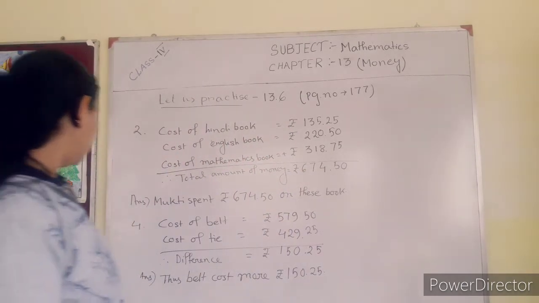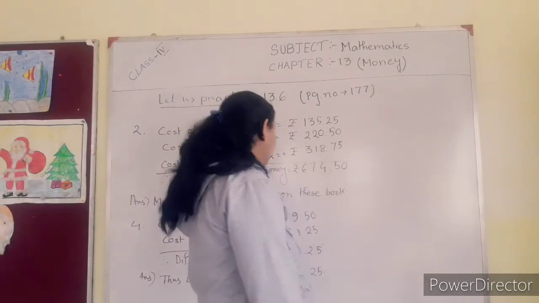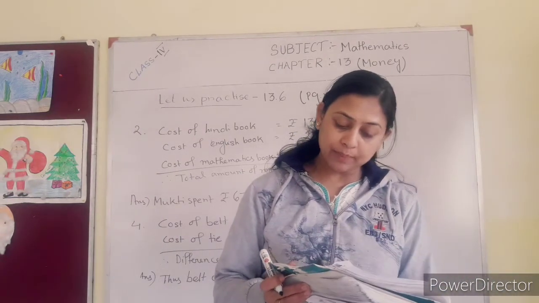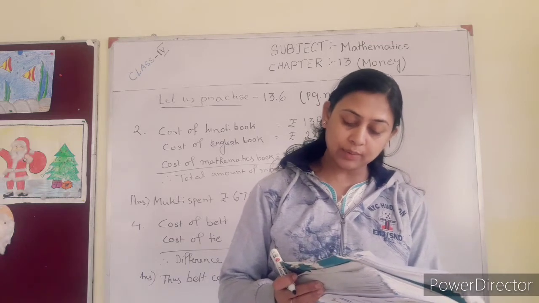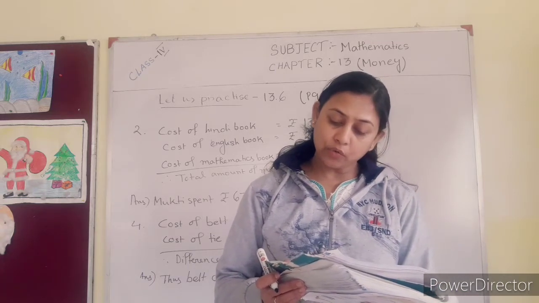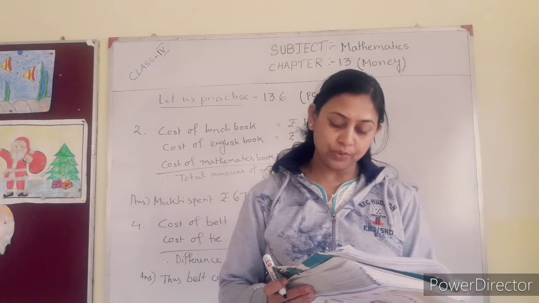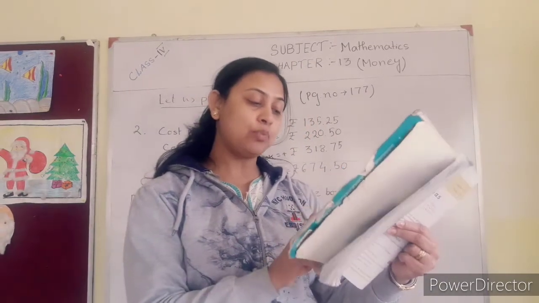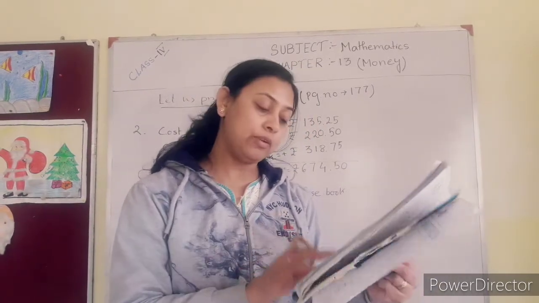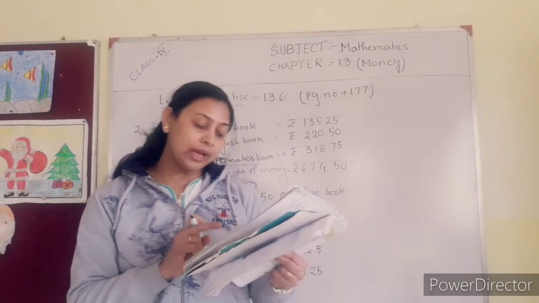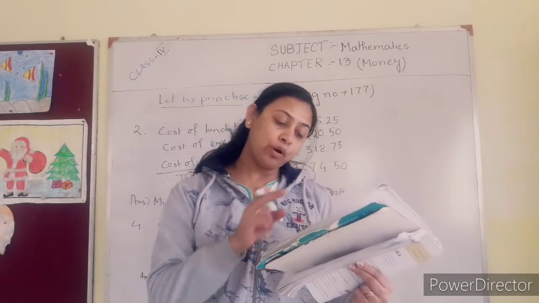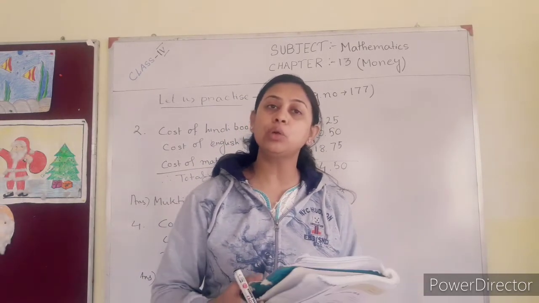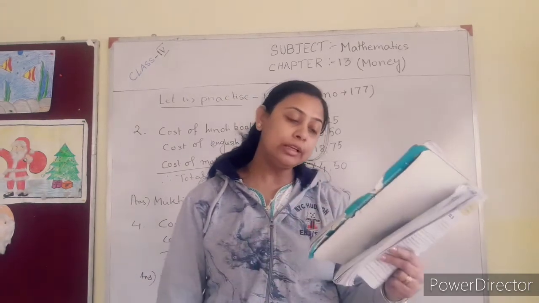Okay. Now number 5. I purchased a doll for rupees 275.55, a candy for rupees 252.25, and a toy for rupees 228.20. What did I spend in all? Here is a problem you have to solve in two parts. First part, you have to add all the amounts spent for all items, that is for doll, for candy and for toy. So you have to find out the total amount of money spent for all these items.